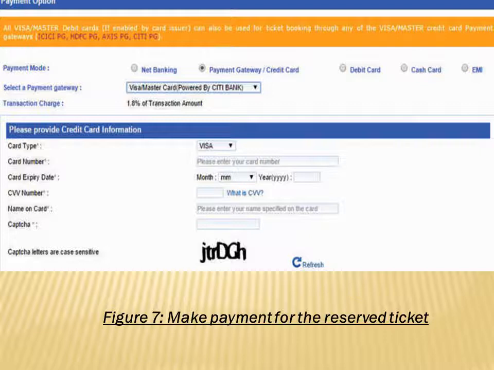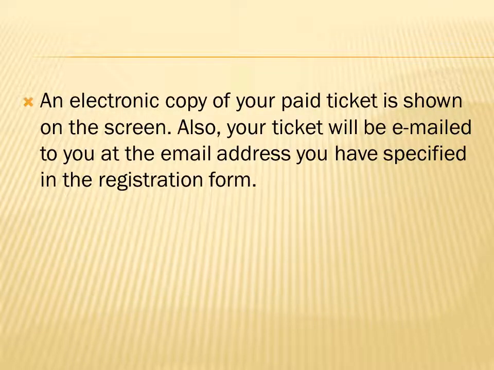If the payment is successful, your e-ticket is generated and sent to your Gmail account, if you have given one. An electronic copy of your paid ticket is also displayed on the screen, so you can download it, take a printout then and there itself, or save it, and a copy is also sent to your specified email address.